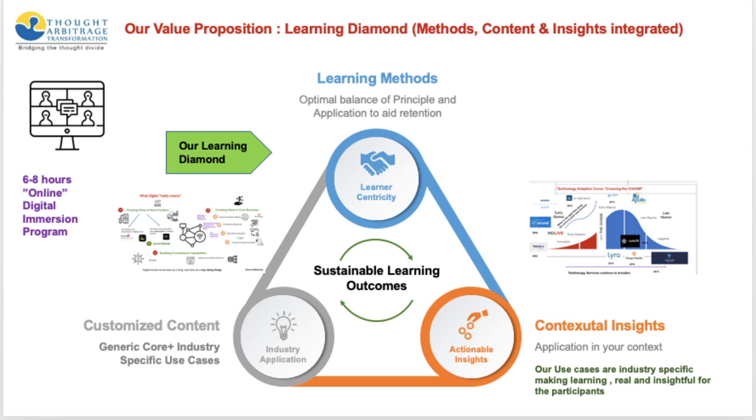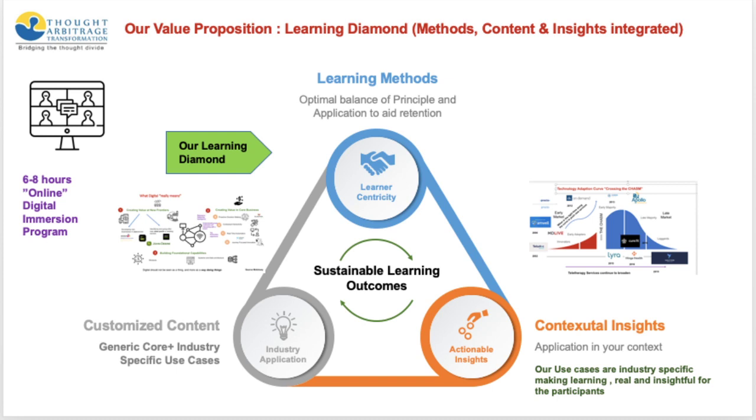The top of the learning diamond is a learning method, and a learning method basically includes a practice that we follow, which is a principle, then an application. A principle exemplifies, say, for instance, we talk about what is a digital business model. The principles and the manifestations of the digital business model and its elements are explained through a case discussion or a cohort-based discussion in the classroom or online, whichever mode of delivery we choose in COVID times. And then it is discussed threadbare, and the elements are tested back to see whether the definition was gestaltic or complete.